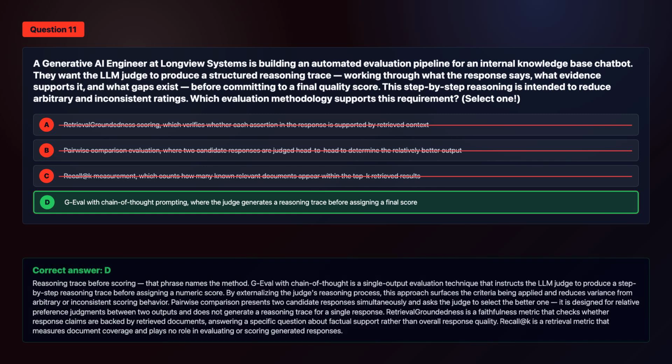The correct answer is option D. Reasoning trace before scoring. That phrase names the method. GEval with chain of thought is a single output evaluation technique that instructs the LLM judge to produce a step-by-step reasoning trace before assigning a numeric score. By externalizing the judge's reasoning process, this approach surfaces the criteria being applied and reduces variance from arbitrary or inconsistent